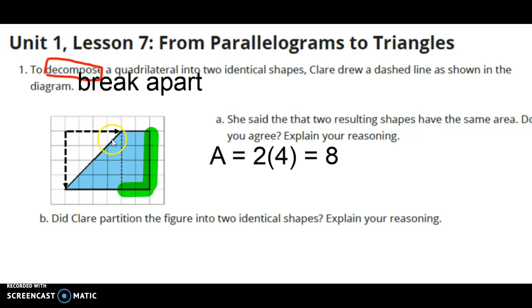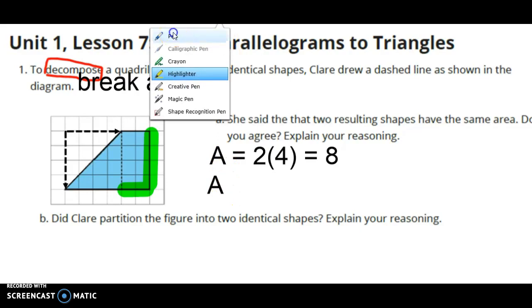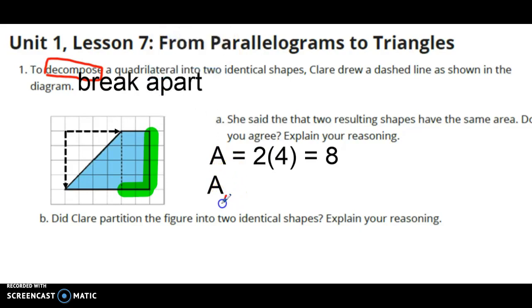But I only have half of that shape, so I need to do 1/2 base times height. So in this case, the area, and again, it's of my triangle, so just to distinguish it, next to the A, I like to draw a little triangle to show that this is my area of a triangle and it's not of a parallelogram. So in this case, area of my triangle is going to be 1/2